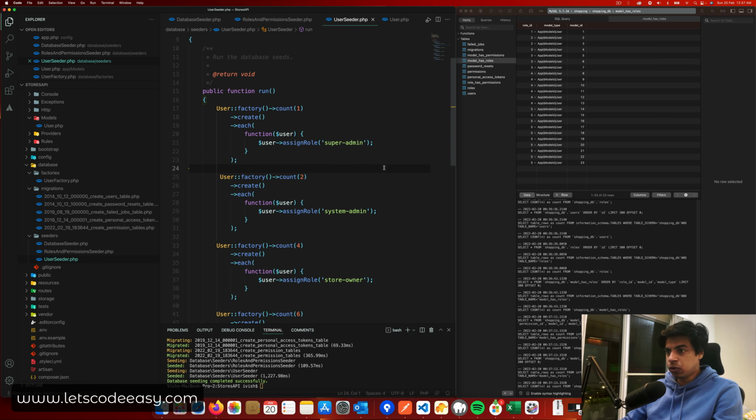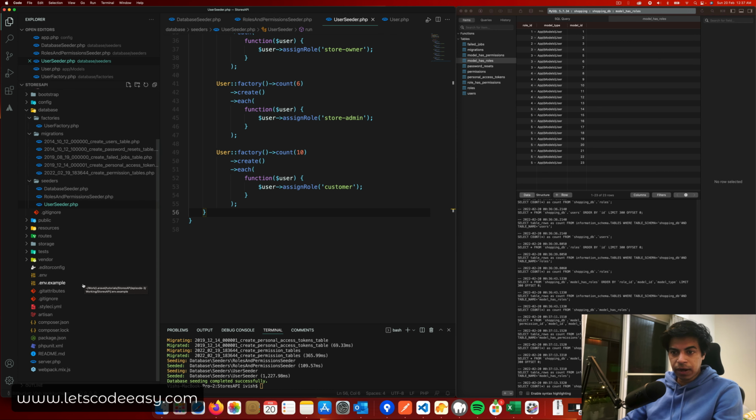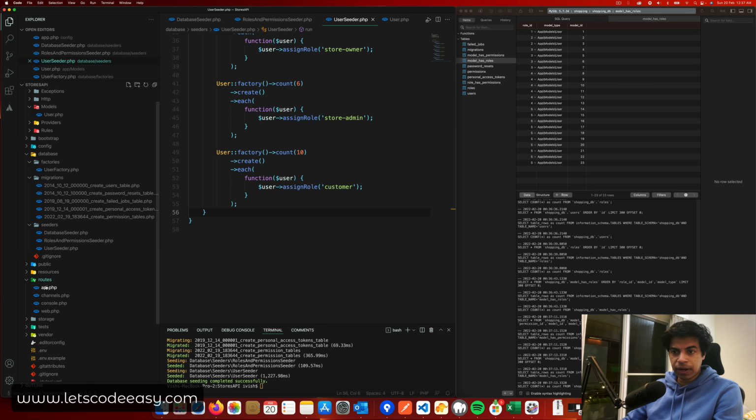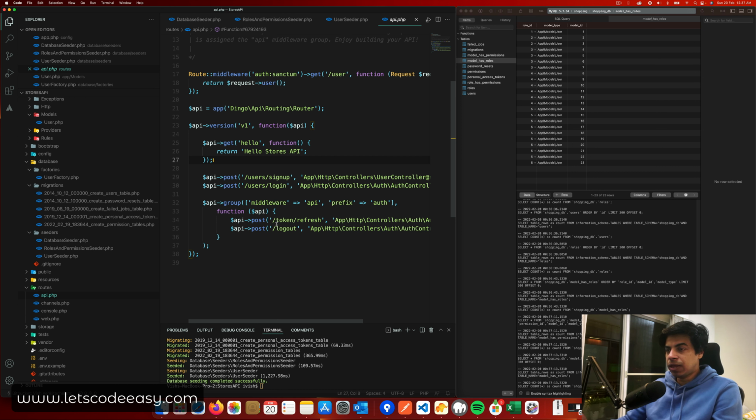Now let's look at how we can see all of these within, let's say, an API endpoint. So I'm going to create, what do I have as an API endpoint right now? I'm going to go to admins, and I'm also going to restrict it, like I told, I can create a middleware with whatever this Laravel permissions package is providing us. So I'm going to create an API group, and I'm going to say middleware,